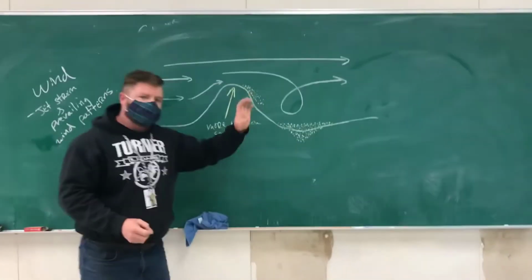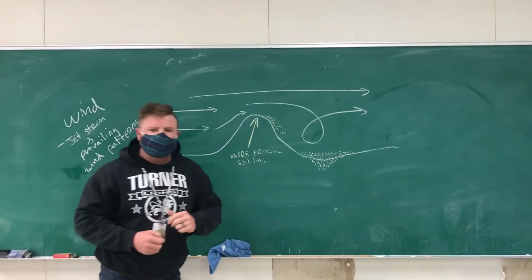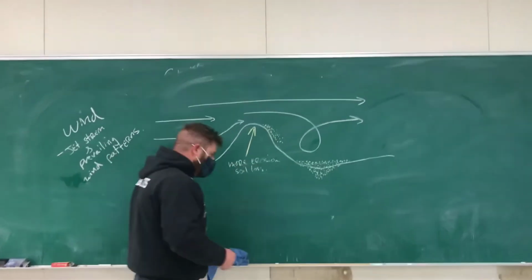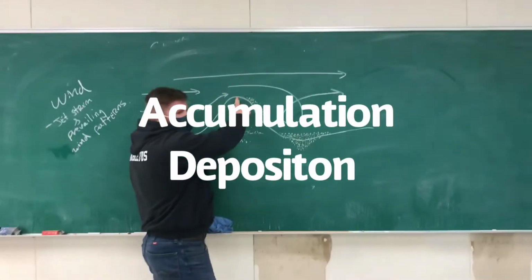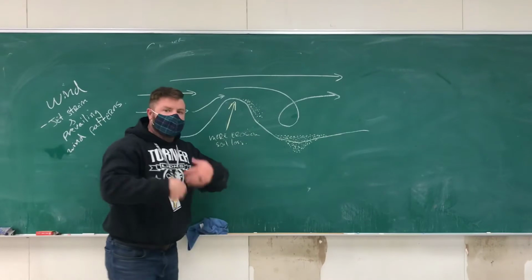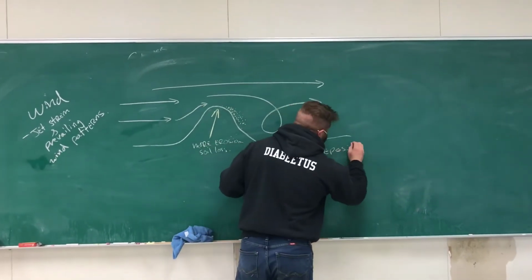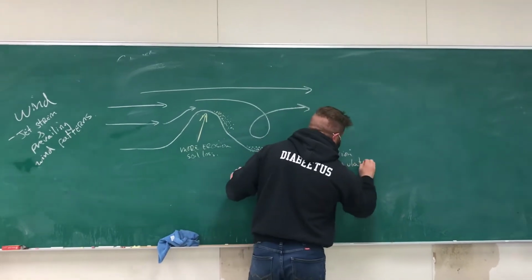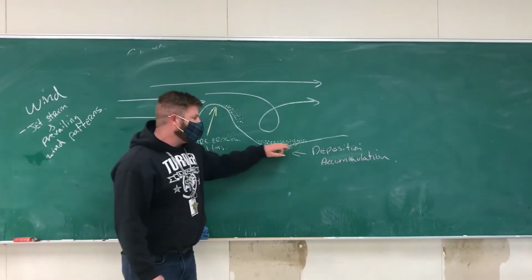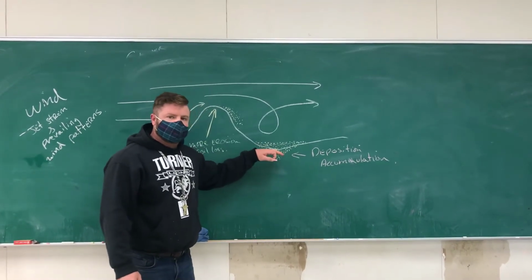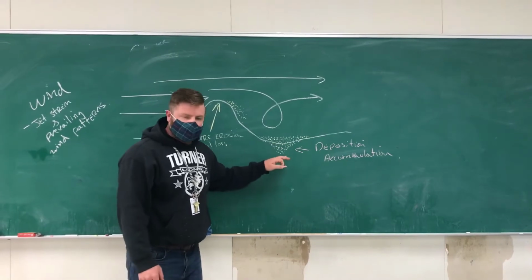But remember, if you remember the erosion series, in order for there to be erosion, there has to be deposition, which is going to be here. So here I have soil loss. Here I have soil accumulation or soil deposition. And so we actually have more soil formation here at the bottom of this elevation, and this becomes a microhabitat.